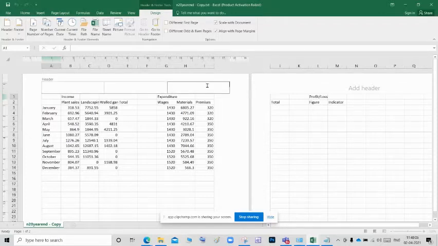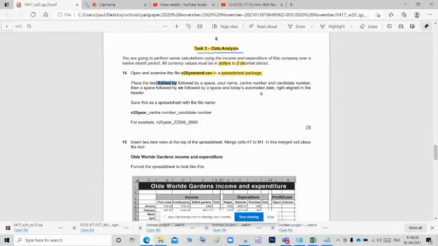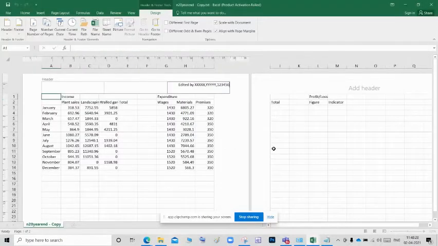In the right section, we are going to type edited by, a space, your name, center number, and your candidate number. After the candidate number, they ask for a space followed by on.